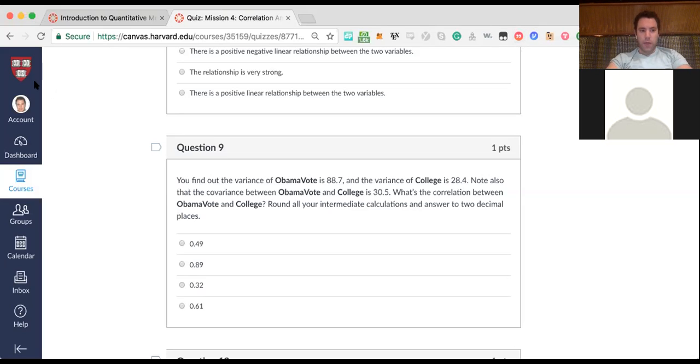So we can work on calculating what that correlation is. You can calculate what the denominator is by multiplying the two variances together: 88.7 times 28.4. And that will be your denominator. And your numerator will be the covariance, right? And that should give you